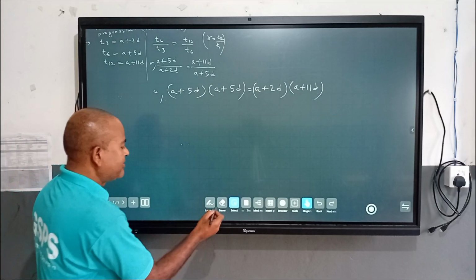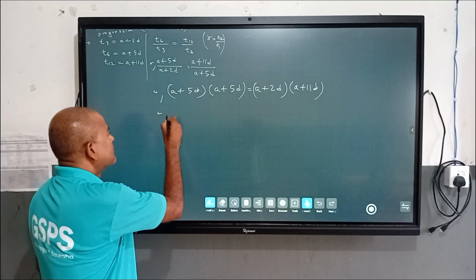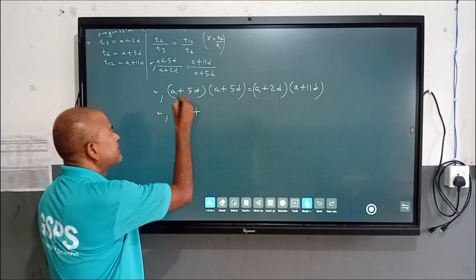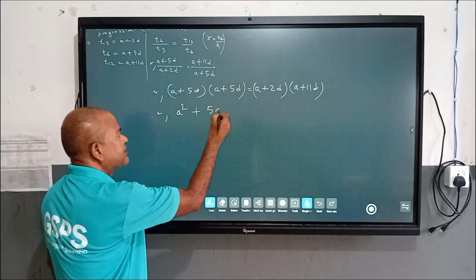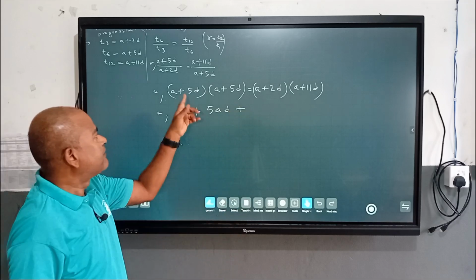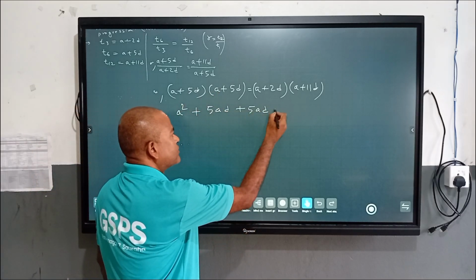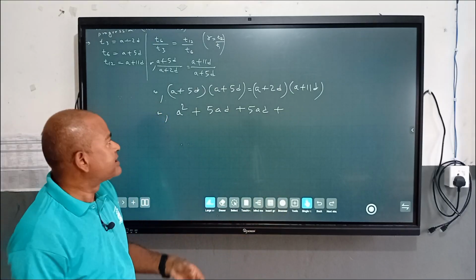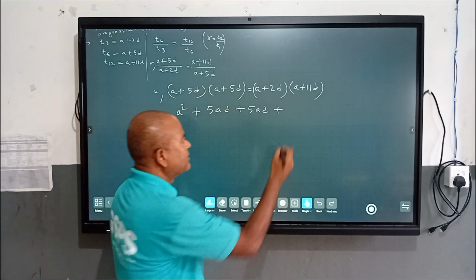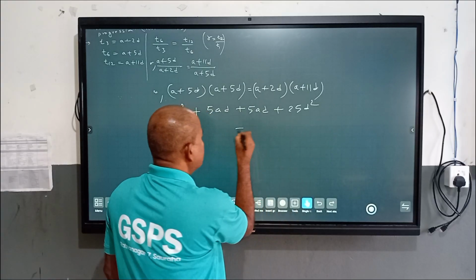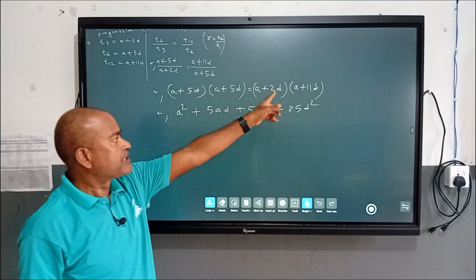Now let's do the multiplication. A times a, we get a square, plus a times 5d, we get 5ad, plus 5d times a, we get again 5ad. So simply we have to do the multiplication. 5d times 5d, we get 25d square, equals to,